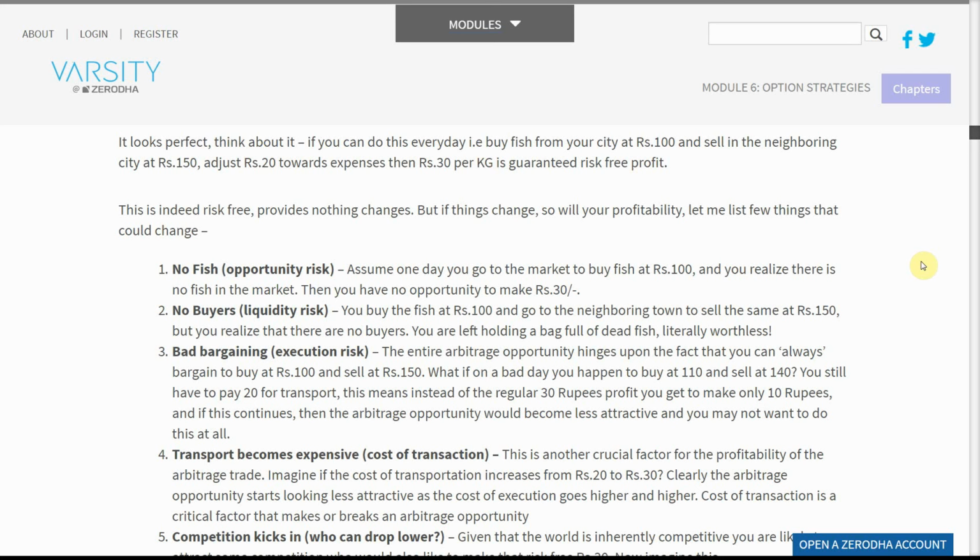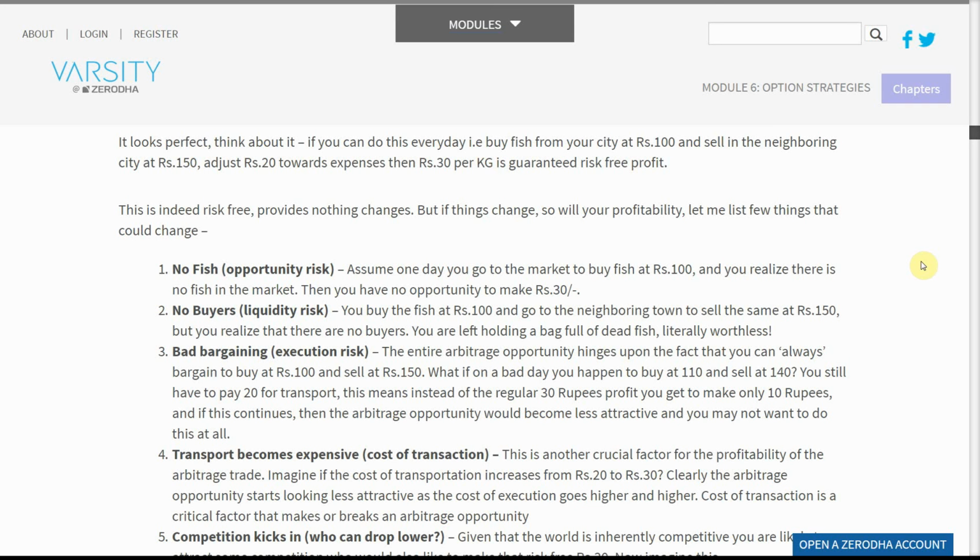Bad bargaining, execution risk. The entire arbitrage opportunity hinges upon the fact that you can always bargain to buy at 100 rupees and sell at 150 rupees. What if on a bad day you happen to buy at 110 and sell at 140? You still have to pay 20 for transport. This means instead of the regular 30 rupees profit, you get to make only 10 rupees. And if this continues,